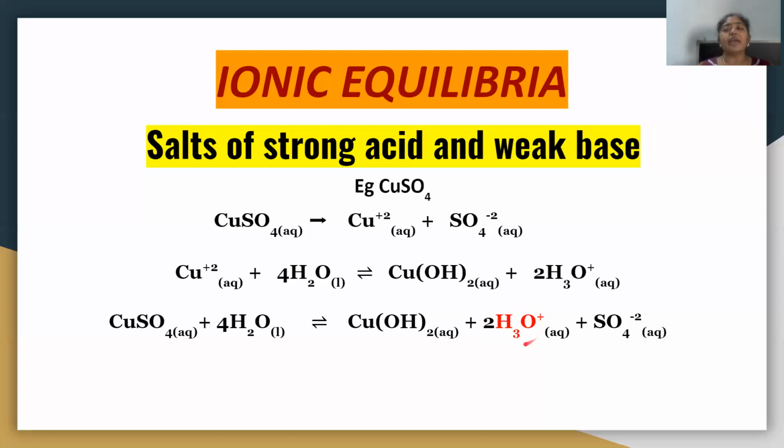Now, if you notice, I have denoted these hydronium ions in red. The reason is to highlight that now this solution contains more hydronium ions, and more hydronium ions or more protons means the final solution is going to be acidic in nature. See, there are no hydroxyl ions. The hydroxyl ions are in the combined state here. So this solution is going to be acidic in nature due to presence of hydronium ions. So in other words, if the salt is made up of a strong acid and a weak base, the final solution will be an acidic solution.